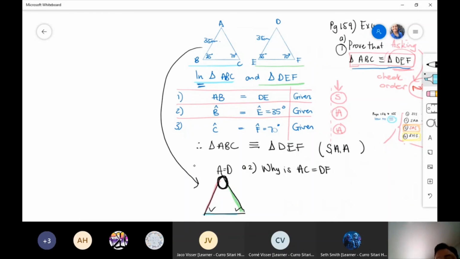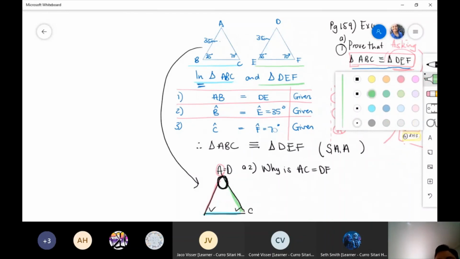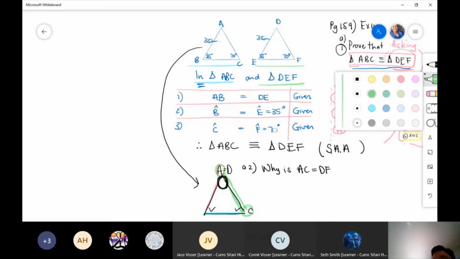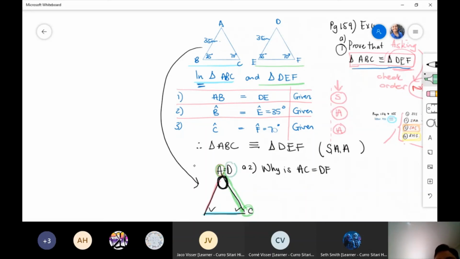And this is where you then take your understanding one step further and deduce, therefore, AC is in fact, see what I'm doing here, let me just do it green, AC is in fact overlapping and equal to DF,